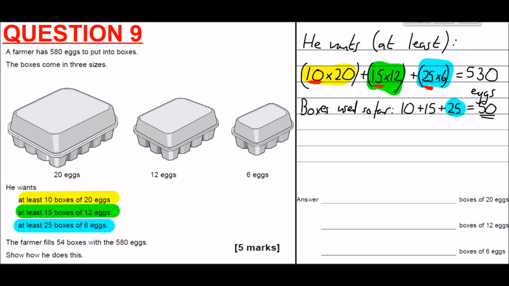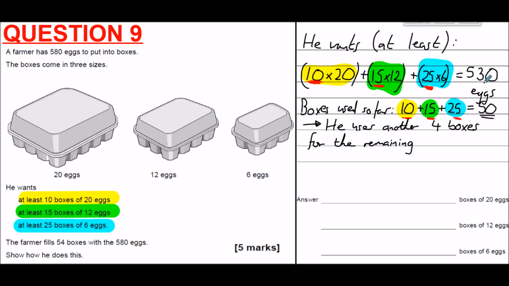So 25 boxes of 6, 15 boxes of 12, and those 10 boxes were boxes of 20. So boxes so far, that's 50 boxes. But it says here he fills up 54 boxes with 50 eggs. So he's going to use, that's 50 boxes, and he's going to use 54. So he's going to use another 4 boxes for the remaining